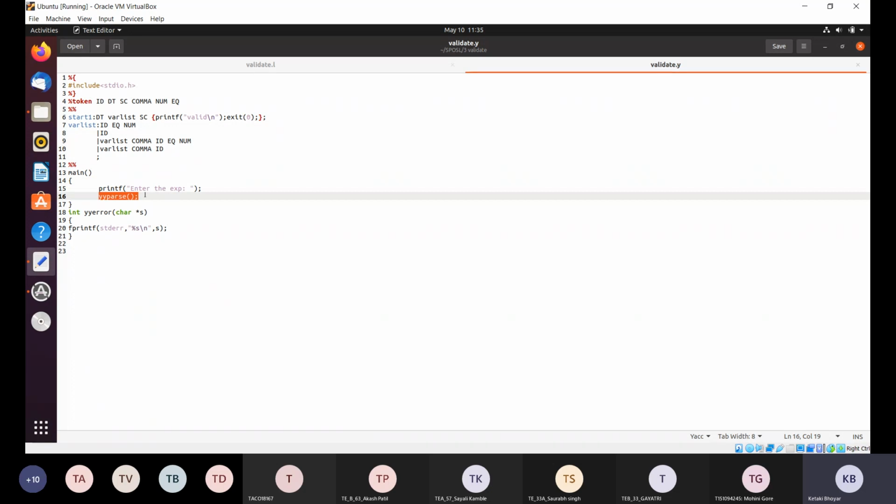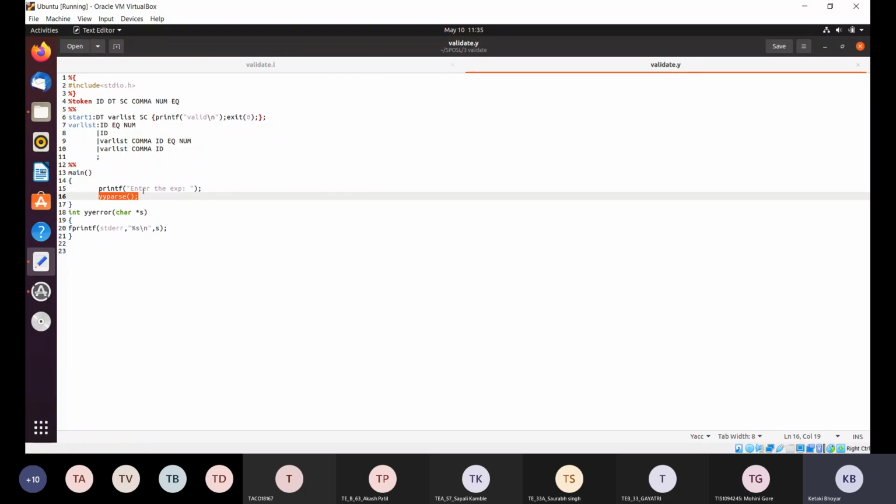It will convert that particular expression into different tokens. It will form the parse tree of that particular expression. Then these tokens will be taken from the lexical analyzer, and those tokens will be validated here, and accordingly we will get the output. If there are any errors, all the things are done by these parsers.